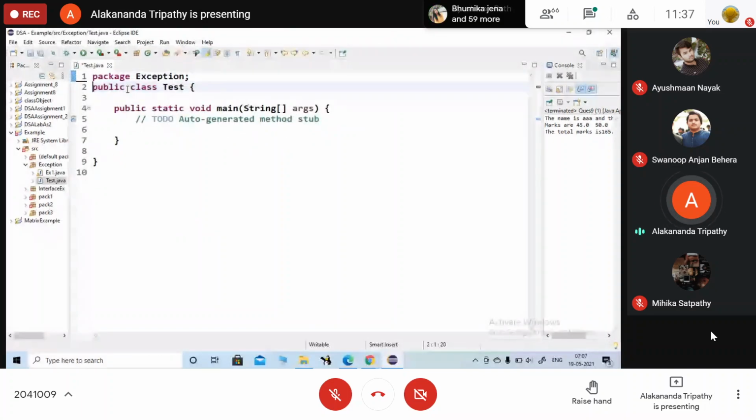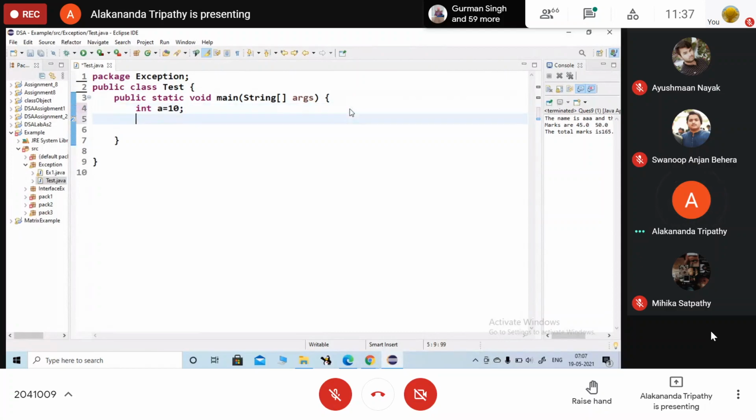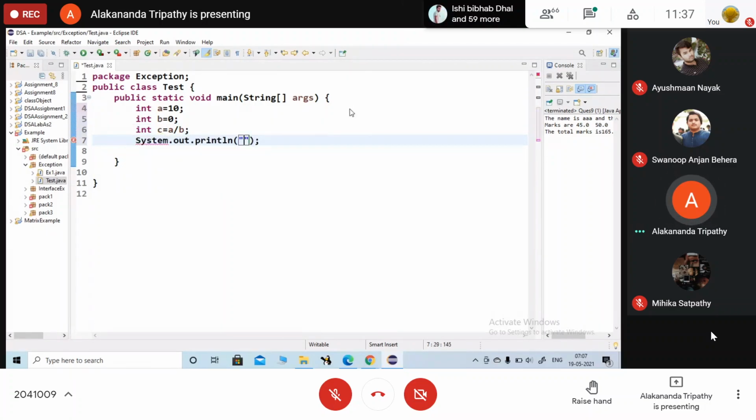Okay. So here I am going to write the message. In the main function here I am going to take int a equals to 10. Int c is equals to a divided by b. Here I am writing the statement system.out.println